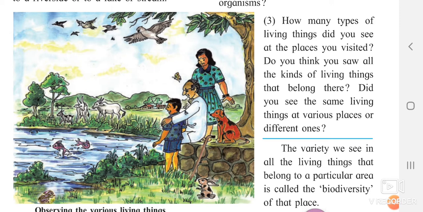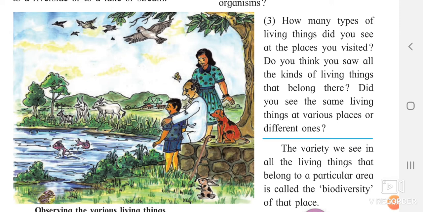You leave this example, you can take an example of your class itself. In your class you are about 50 students. A few are girls, a few are boys. Now can I say girls and boys are the same? No. Some girls have short hair, some have long hair. Some boys are tall, some are short in height, some are a little healthy, some are a little thin. So everyone is different. I cannot say that these two boys are totally the same. So what I want to tell is that you can see variety everywhere you go.